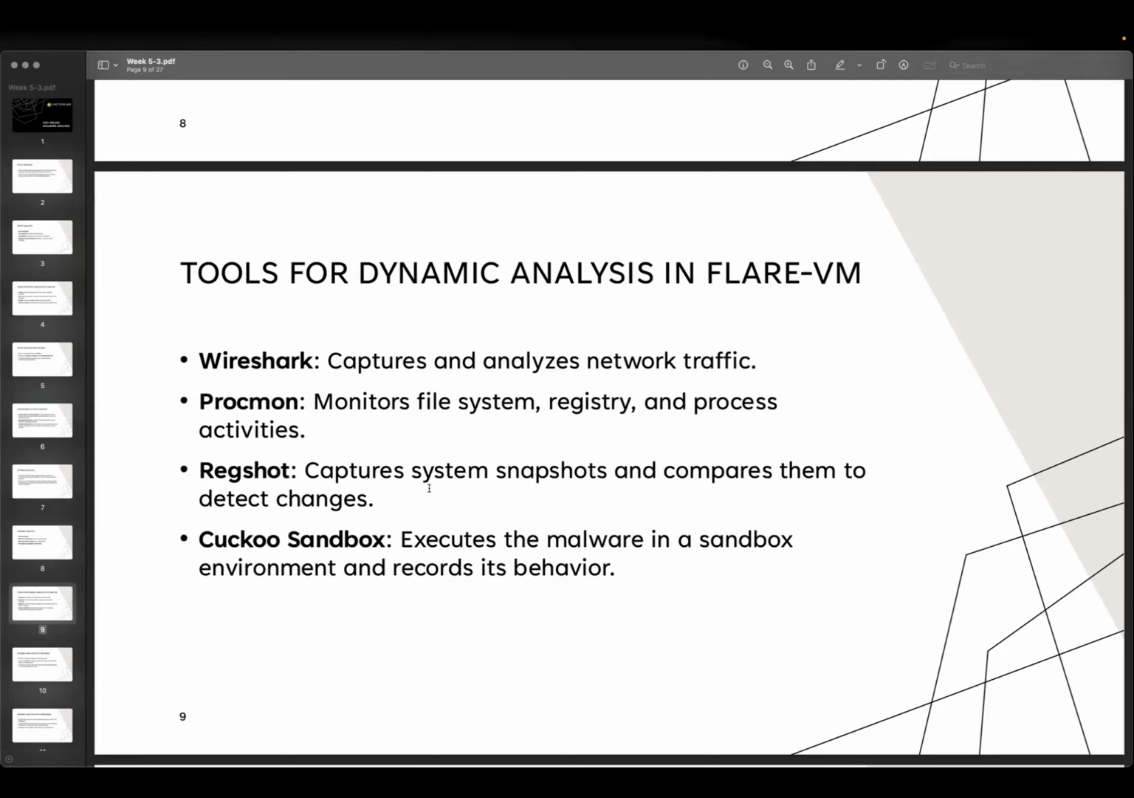And then Wireshark, and then it will capture system snapshots and then compare them to detect the changes. Okay, and then the Cuckoo sandbox. So we will execute a sample in the sandbox environment and record its behavior. So on these, attach the FLARE VM. Okay, so after we install it,